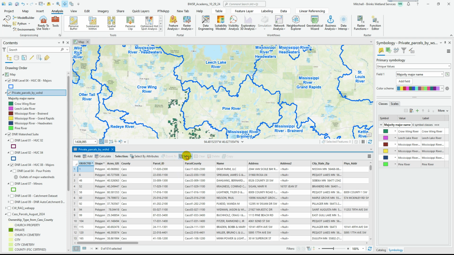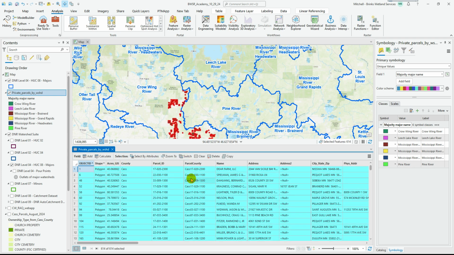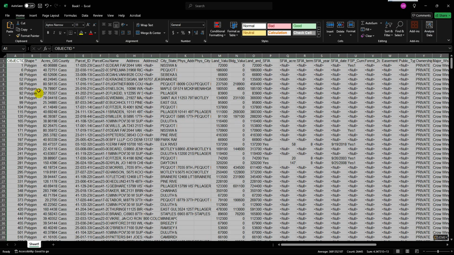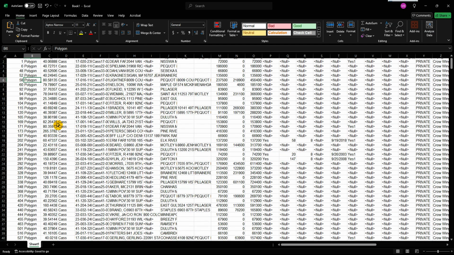Now we're going to just copy these. So you could select them physically, or you could select them from the table. One thing that I want to point out is there is no select all that I've found. So with nothing selected, if you want them all selected, hit switch and it'll grab them all. Hit copy and paste,